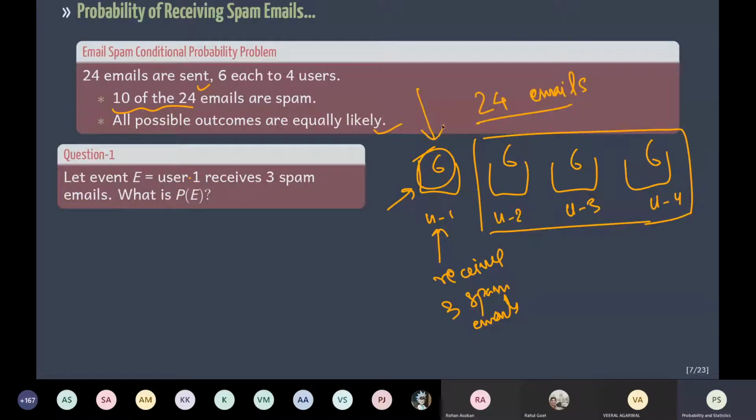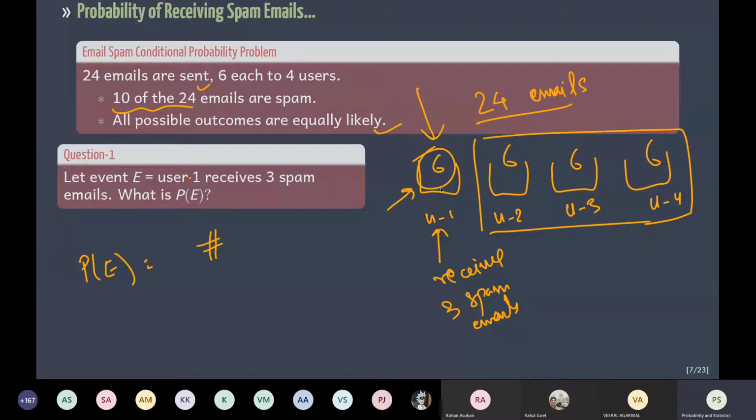Our focus is here. What we are asking for is how many ways user 1 will receive the 3 spam emails. So the probability of the event, we can vaguely write this as the number of ways user 1 receives 3 spam emails,